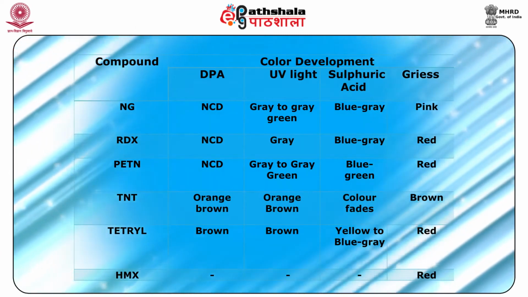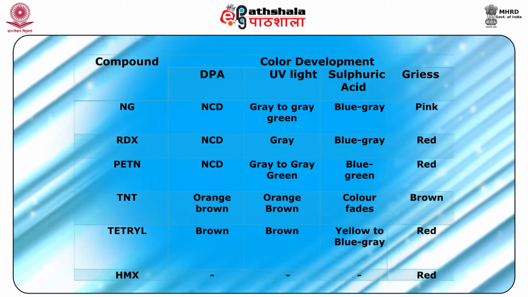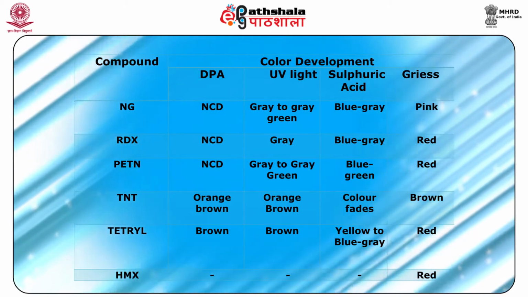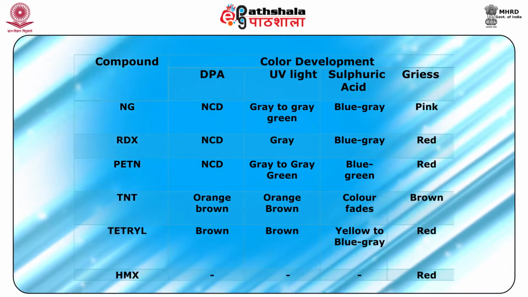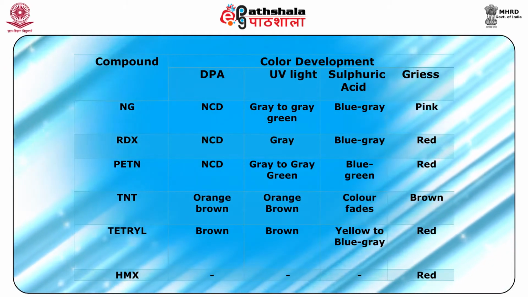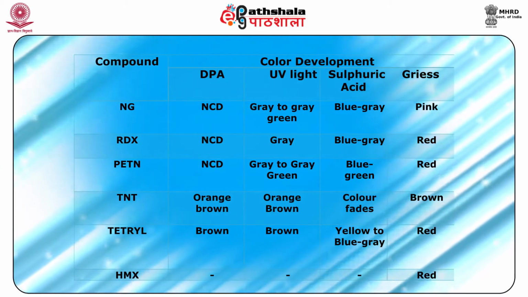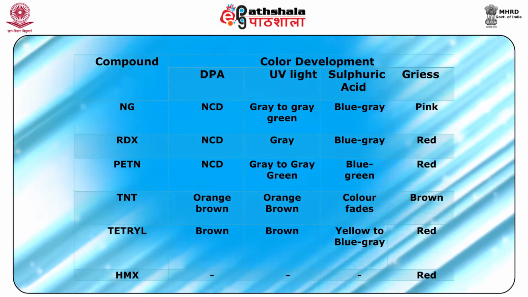DPA reagent spraying will give no color. Under UV light it will appear grey. With sulfuric acid as the spraying reagent it will be blue to grey. With Griess reagent it will appear red. Similarly for PETN,